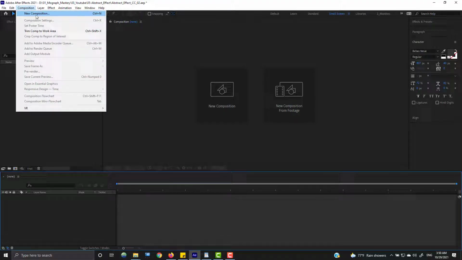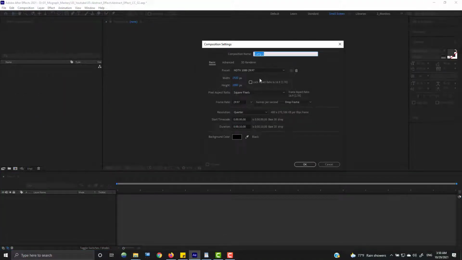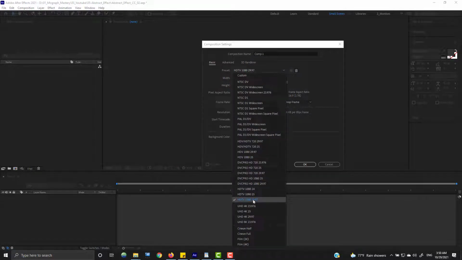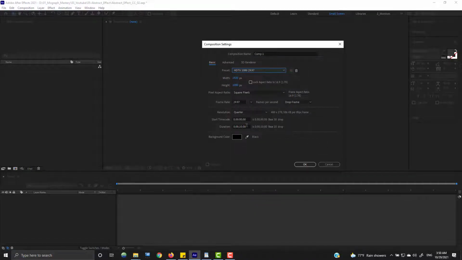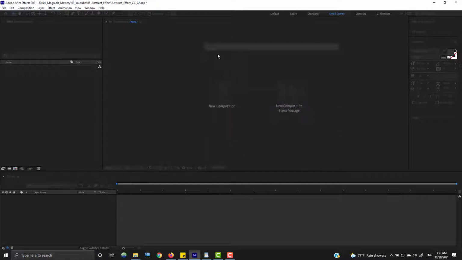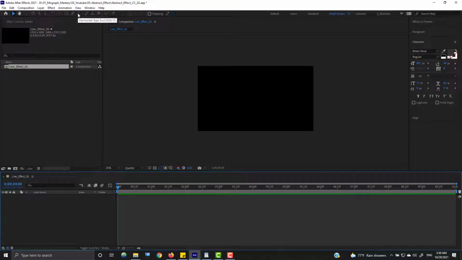Alright, let's start by going to composition, new composition, and choose the HDTV 1080p 30 fps preset and make it a 10-second long composition. And let's call it the line effect 01. Let's grab the text tool